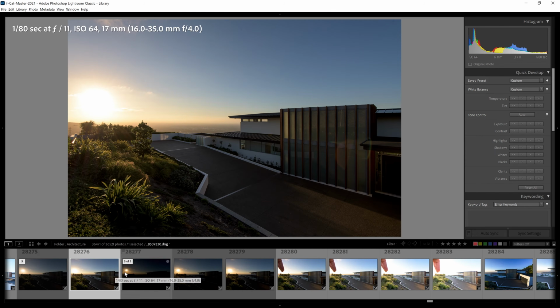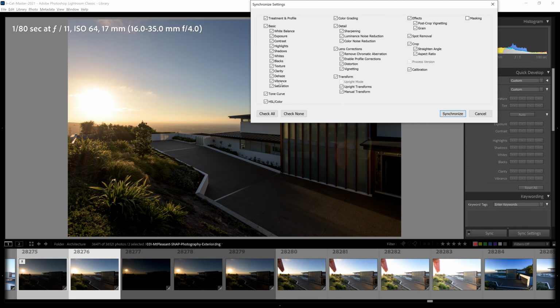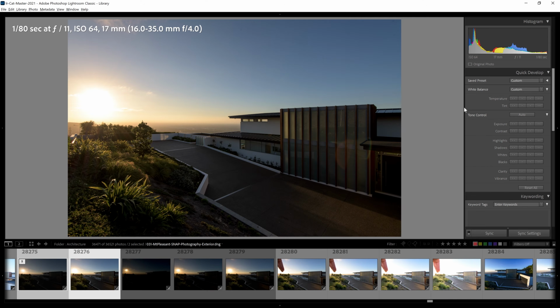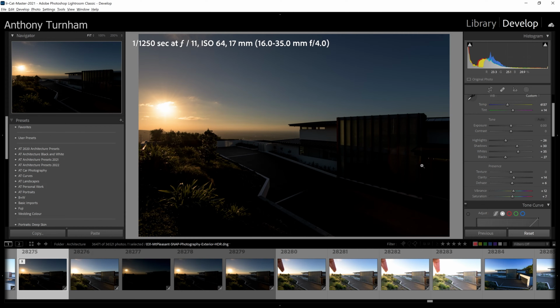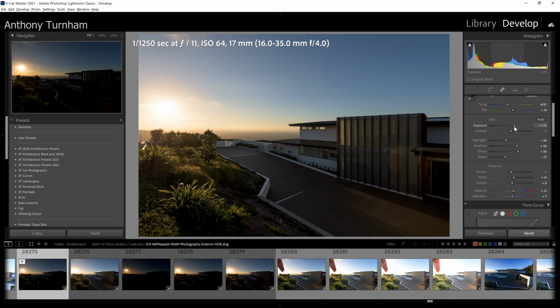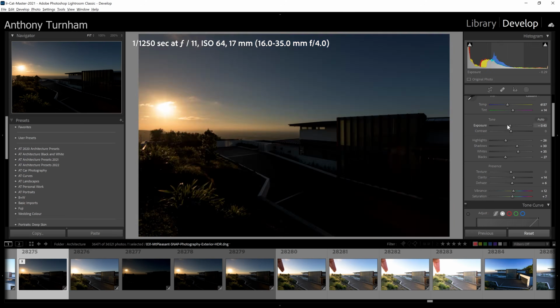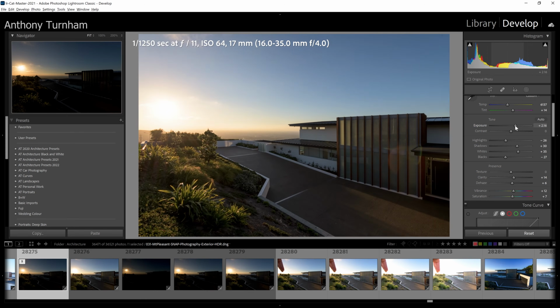And now I'm just going to borrow the settings that we had for this image and apply them to the HDR one. So I've selected both of them. I'm now going to turn off auto sync and I'm just going to synchronize the settings, and I'm making sure that everything is ticked. I'm not worried about masking because I haven't done any masking yet, and I'll just click synchronize. Now we have a DNG file here that we can work with that has the full dynamic range available to us,